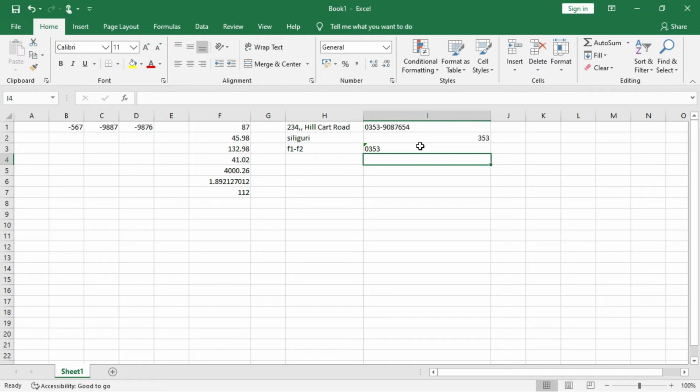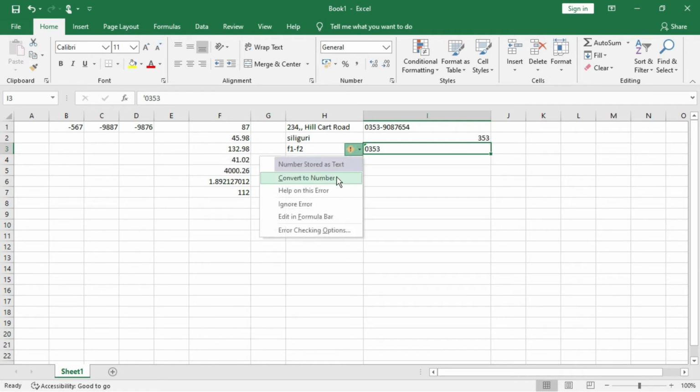Now entering the date and time. This is entering numbers as text. So I can add a remark out here. Just go back over here and then you can convert it to number. You can edit in the formula bar. Many options are appearing out here. Or, right click, or you can give here one comment.